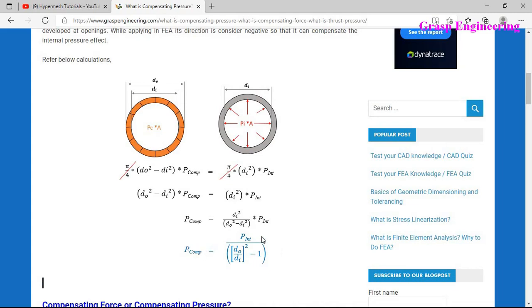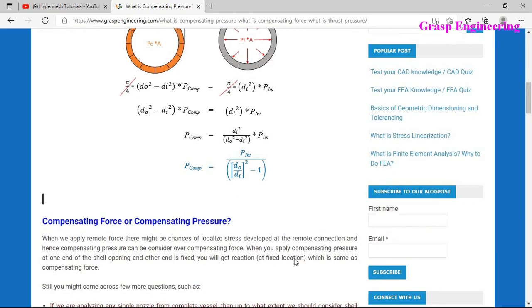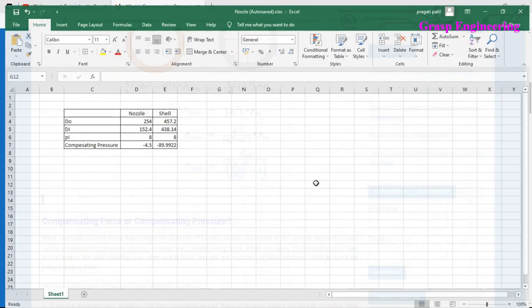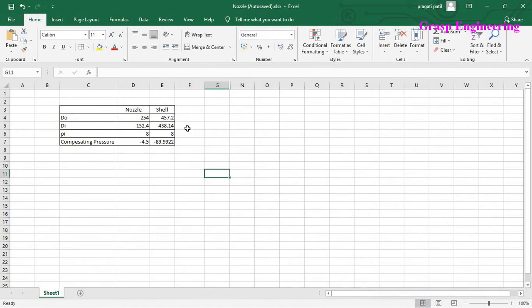Basically, compensating pressure is equal to P internal divided by DO upon DI, basically the diameter ratio minus 1. With this formula we calculated the compensating pressure for the shell face as well as for our nozzle face. So let's select compensating pressure for the first nozzle.